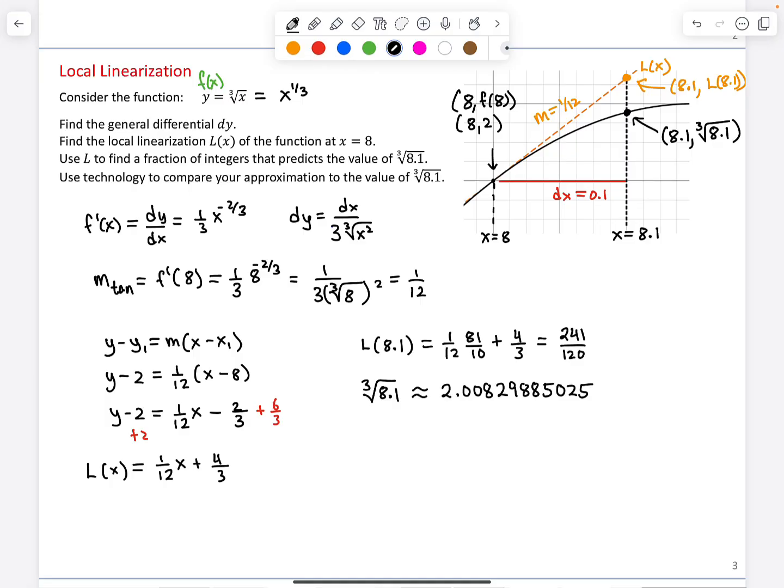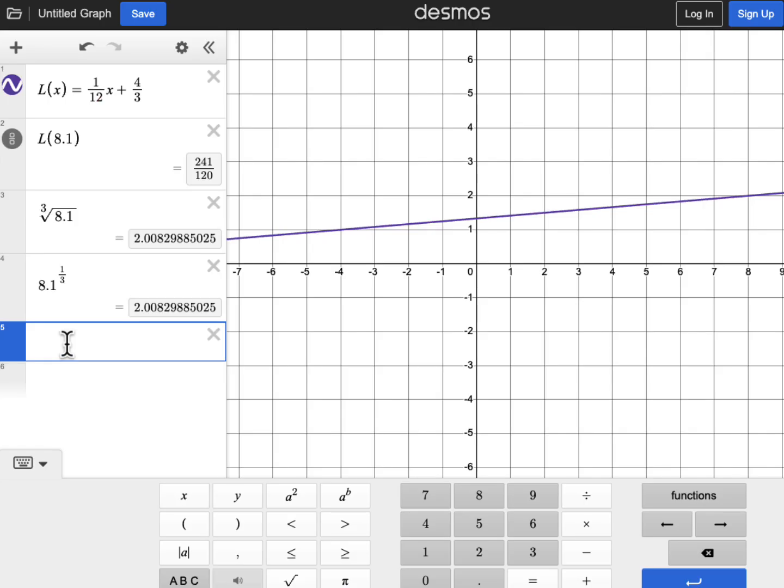2.00829885025. If I stop the decimals there, then this is an approximation. I can use an equal sign if I suggest that the decimals would go forever. Now notice in Desmos, there is no option to convert this to a fraction. That is because this is an irrational number, meaning that there is no fraction of integers that this simplifies to,